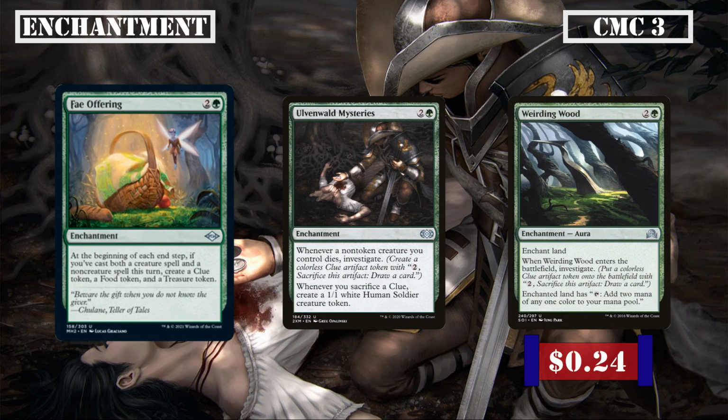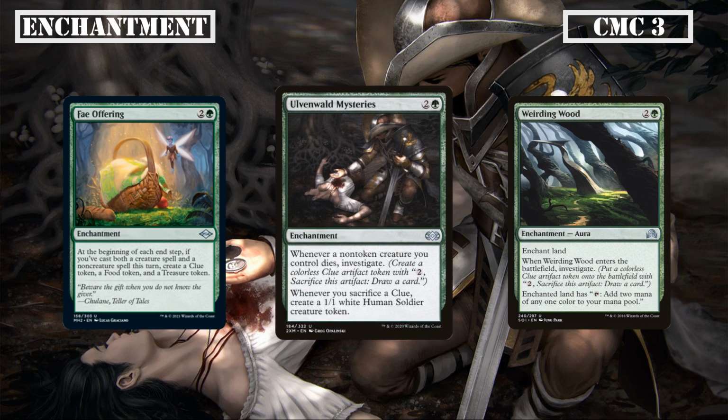Fey Offering creates a clue, food, and treasure token on our end step if we cast both a creature and non-creature spell that turn, a condition we can easily fulfill with this build for even more clues alongside ramp and life gain. Ovenwald Mysteries investigates every time one of our non-token creatures dies and creates a 1/1 whenever we sack a clue, being a decent clue generator as we lose our creatures and a means to replenish our board state